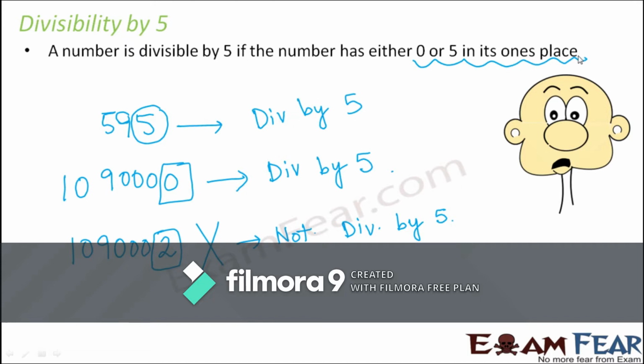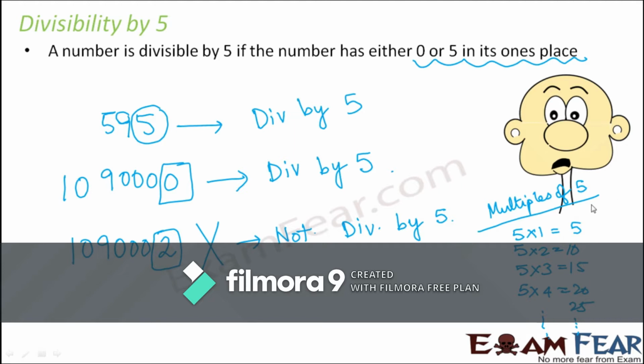Now let us also try to see how it works. What is that magic, or what is that reason because of which we focus only at the units place digit? Now let us quickly look at the multiples of 5. So how would the multiples of 5 look? It would be something like this: 5 ones are 5, 5 twos are 10, 5 threes are 15, 5 fours are 20, 5 fives are 25, and so on.